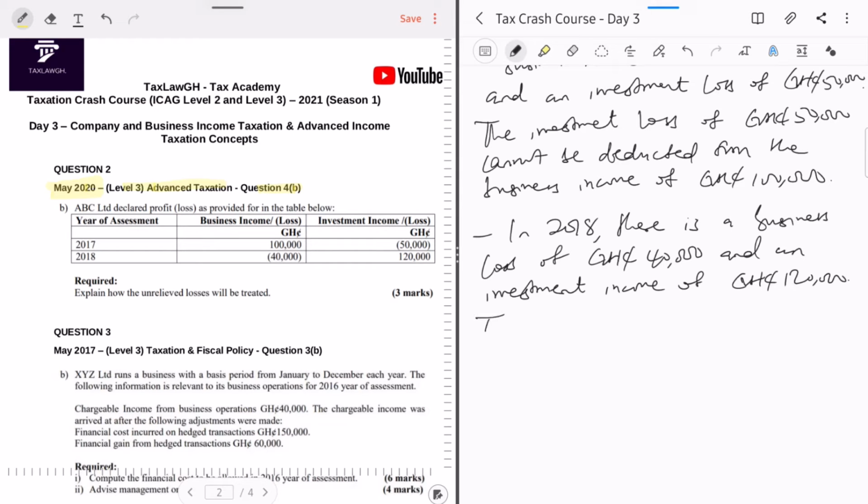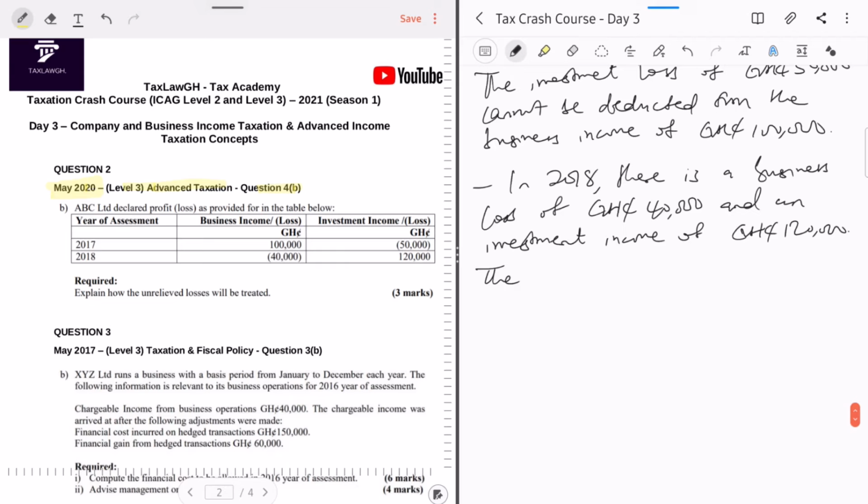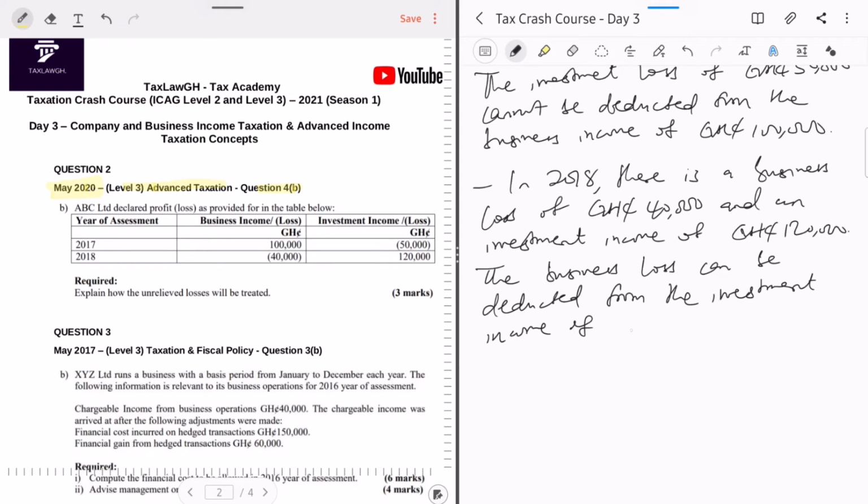We'll say the business loss can be deducted from the investment income of 120,000 cedis. But take note that there was a loss of 50,000 in the previous year,